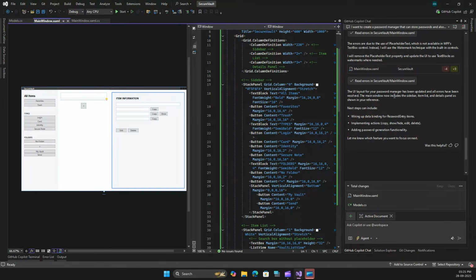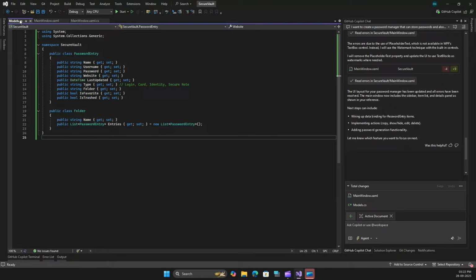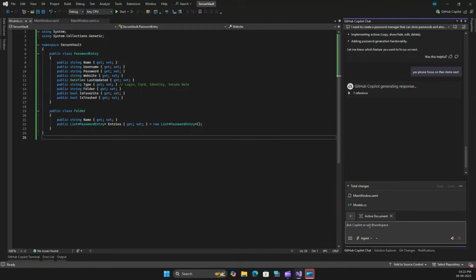So the UI layout for our password manager has been updated and all errors have been resolved. The main window now includes the sidebar over here. We have the item list, which is in the middle, and the details panel, which will show our preferences. Next step is to wire up our data binding for the password items, entry items, and the folder items. Also implementing actions like copy, show, hide, edit, and delete, and also adding password generator functionality. So now it is asking me which features I want to focus on next. So let me just quickly say, yes, please focus on these items next, and let me see what GitHub Copilot